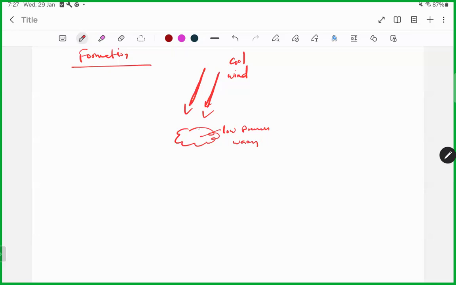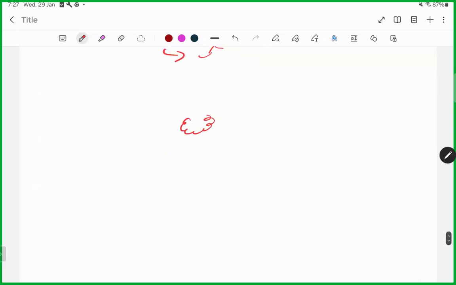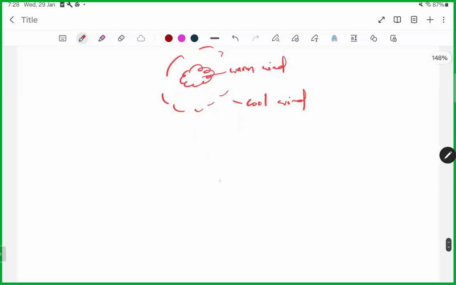this is the vertical view of the cyclone. This is the warm wind, and this is the cold, cool wind. Yesterday we studied that as the area gets warm, as with land breeze and sea breeze, it gets warm and